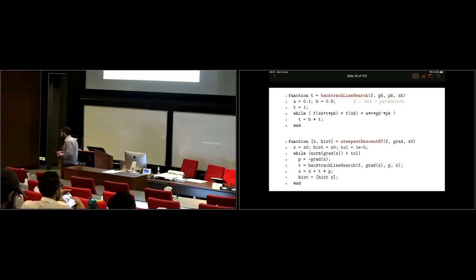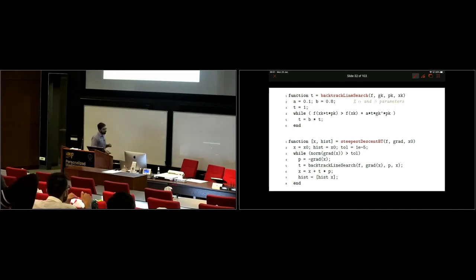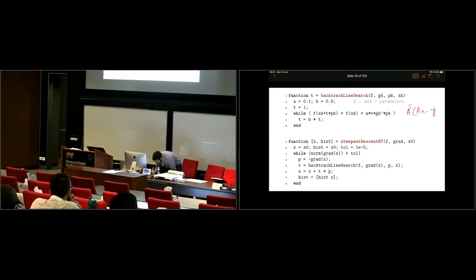Now a question. We showed that for linear regression, if you had a matrix of 10,000 by 10,000, we needed a lot of operations to actually find the inverse of that matrix and find the solution through that. If you want to do it through gradient, any guesses as to how many steps we would need? So what was the gradient of linear regression? We had A transpose (AX minus Y). Okay, so this is A transpose AX minus A transpose Y.